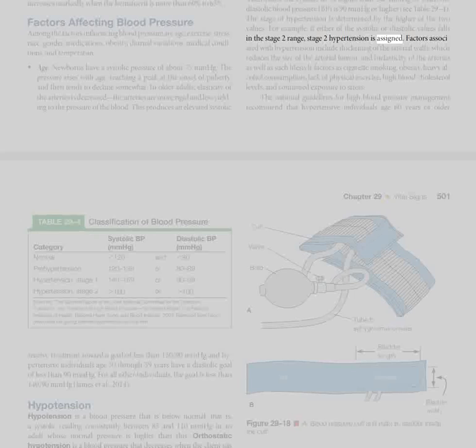Factors associated with hypertension include thickening of the arterial walls, which reduces the size of the arterial lumen, and inelasticity of the arteries, as well as such lifestyle factors as cigarette smoking, obesity, heavy alcohol consumption, lack of physical exercise, high blood cholesterol levels, and continued exposure to stress. The national guidelines for high blood pressure management recommend that hypertensive individuals age 60 years or older